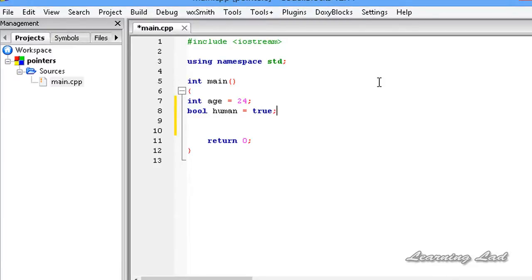So to create a pointer, first we need to specify the data type. The data type of a pointer is nothing but the type of the variable whose address will be stored in this pointer. In this case, I'm going to create a pointer to store the address of this variable age, and since this age variable is of type integer, our pointer should be of type integer. So it's going to be int. Next, to tell C++ that we are dealing with pointers, we need to use the star operator and then the name of the pointer, and in this case I'm going to call it age_ptr, age pointer,